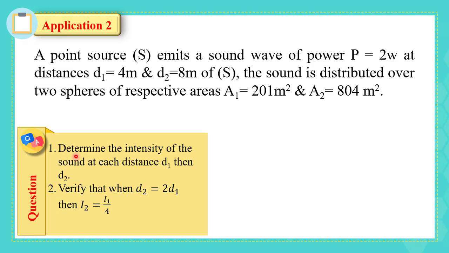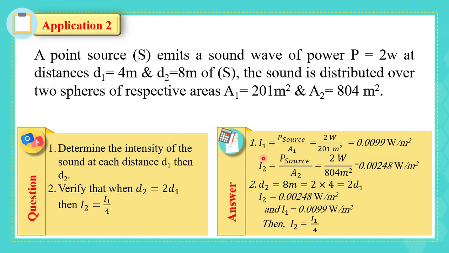First, let's determine the intensity of the sound at each distance, D1, then D2. As we know, the sound intensity at point 1 is equal to the power emitted by the source over the surface area that receives this power, which is 2 watt over 201 meters squared, which is equal to 0.0099 watt per meter squared. Same for the second surface area, I2 is equal to 2 watt over 804 meters squared, which is equal to